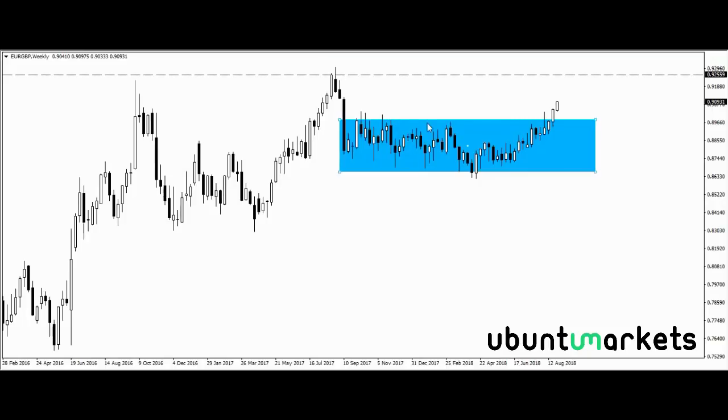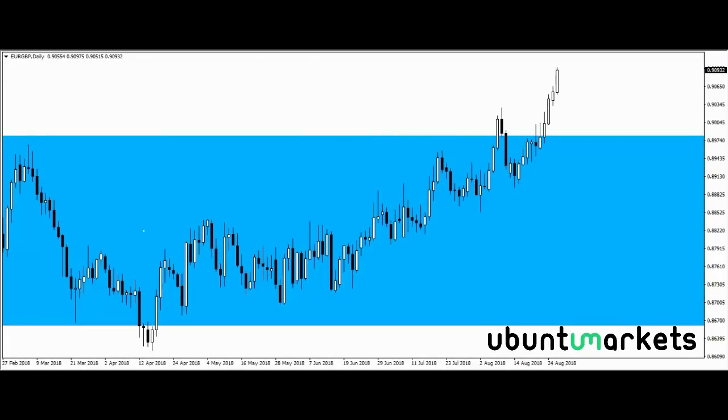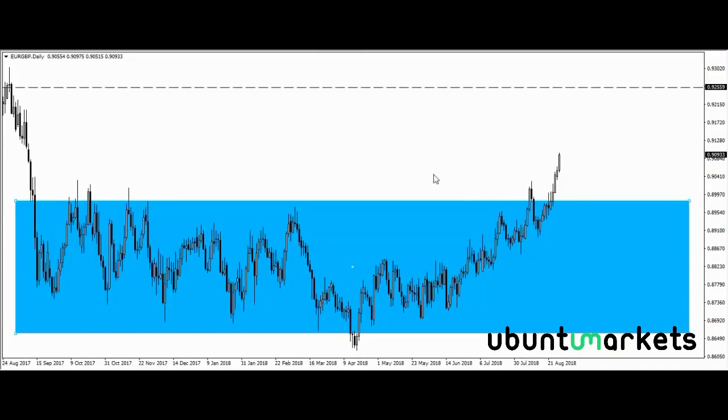I certainly wouldn't be looking at shorting, but what I might look at doing is perhaps buying on some sort of retrace, or perhaps even the eventual retouch of this box. Okay, wow, those colors are terrible. Let me move that above there, but I think you get what I mean. So the idea is that I'd like to see price retouch on this box, bounce off it,